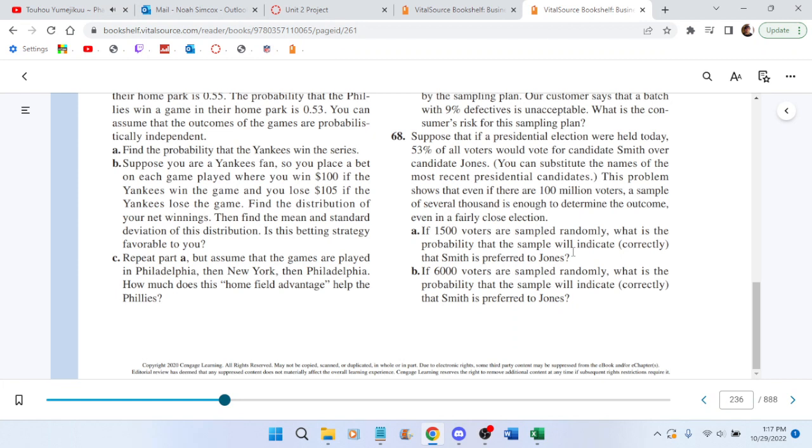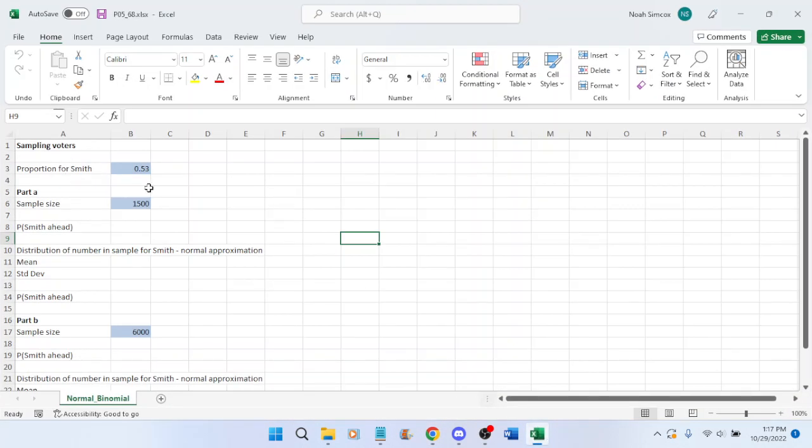So the probability that you'll get more than 50%, I think, is the thing. I think I know how to do this. Very similar to Poisson, I believe. What is the probability that it will indicate that Smith is preferred? That means that you will get the probability to get more than 50%. So you will just simply do